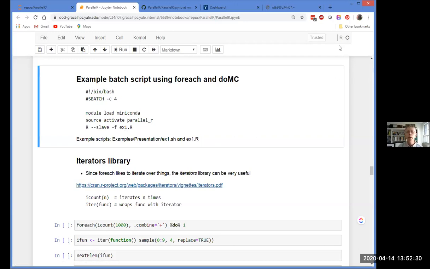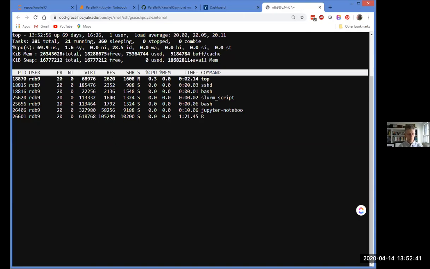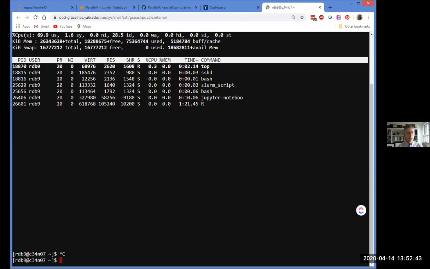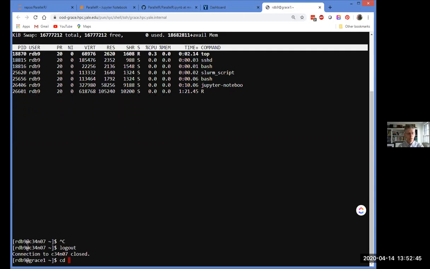Again, I'll go to my, this is just my login on Grace, my SSH login.